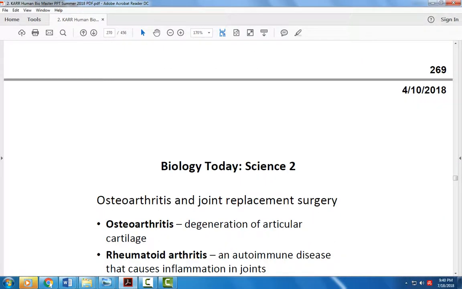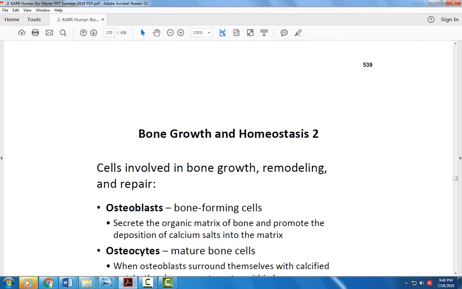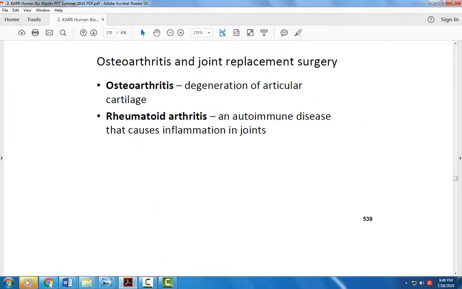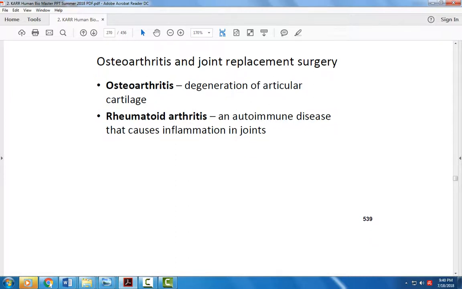Some disorders of the skeletal system are listed here, and some of these are part of your discussion board this week, so I'm not going to talk too much about that. Just understanding the difference between osteoarthritis and rheumatoid arthritis. Arth means joint, osteo means bone, so bony joints. Itis means inflammation. So the term osteoarthritis refers to inflammation of